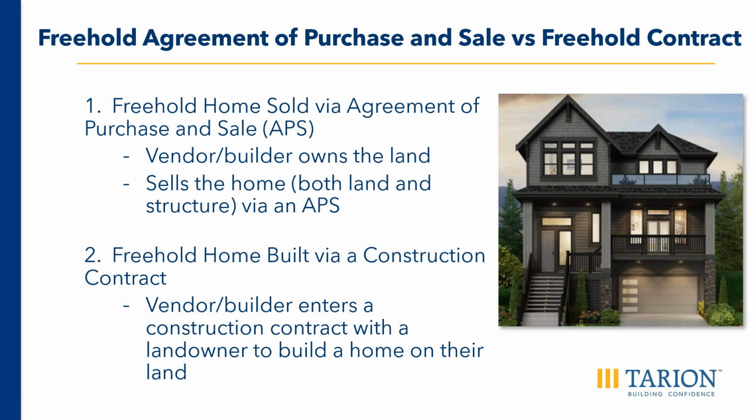The builder of the contract home must also be licensed as a vendor, even though there is no sale per se. The vendor is the entity that has the primary warranty obligations, and in those cases, even though the builder is technically just building the home under contract with the purchaser, they are considered a vendor under the Act, so they have warranty responsibilities towards that home in the same way that a vendor who is selling under a freehold purchase agreement that we just talked about. The application and process for both freehold APS and freehold contract homes have some similarities and differences, which we'll review now.